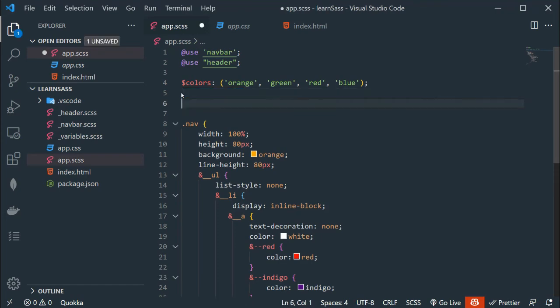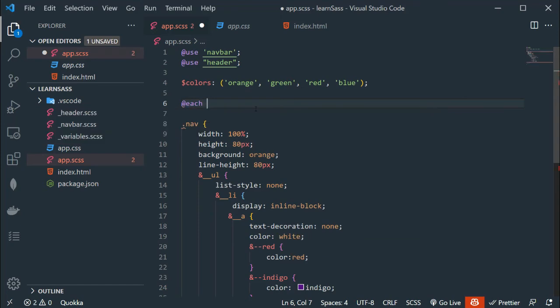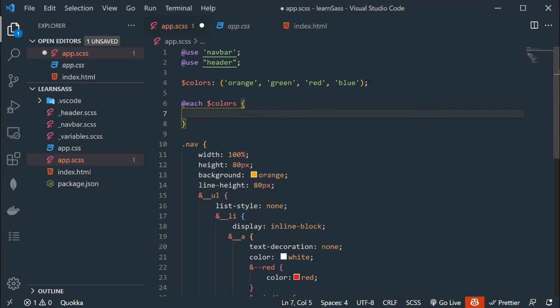First of all we have to add the @each keyword, and I want to loop the $colors list. So we have to add $colors and curly braces. From this list I want to access individual values, I mean orange, green, red and blue.